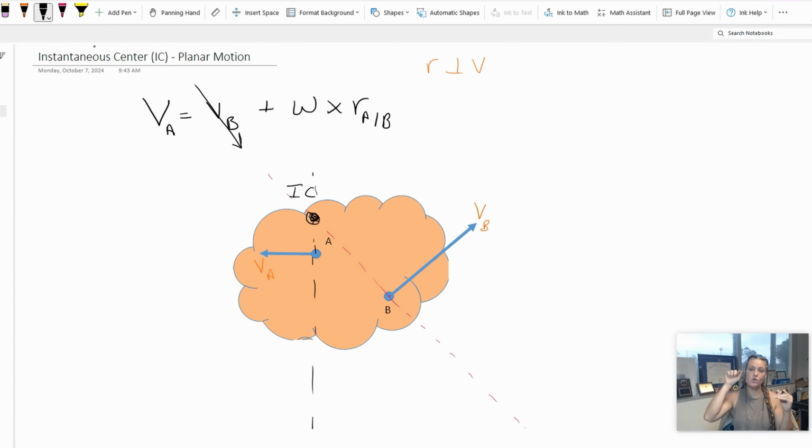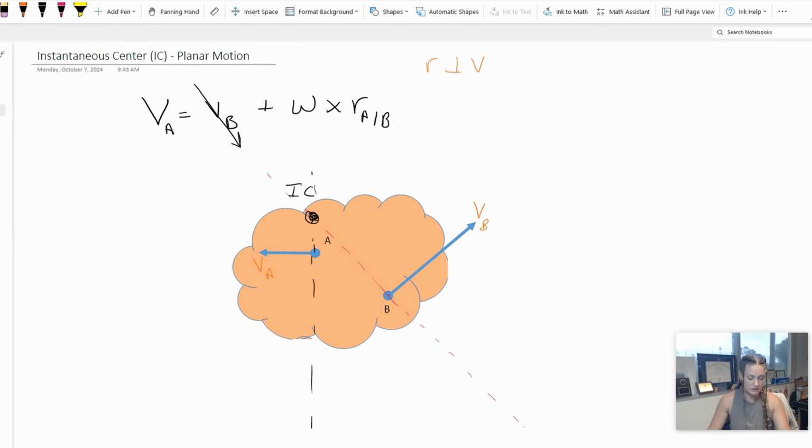Okay, so when we learned pure rotation about an axis, we said all of the points that are not on the axis are going to rotate with the same angular velocity. That's the same thing here, except our axis is now going to be that IC. So one way to find it is like this. And then another example is going to be if the points,